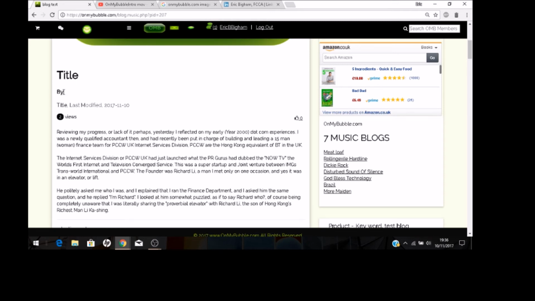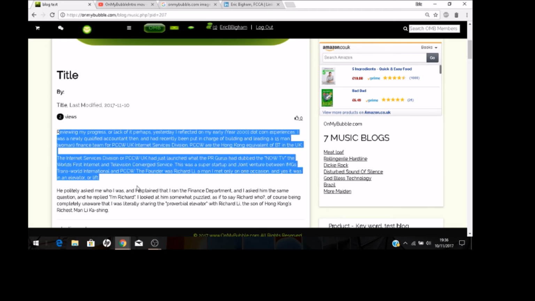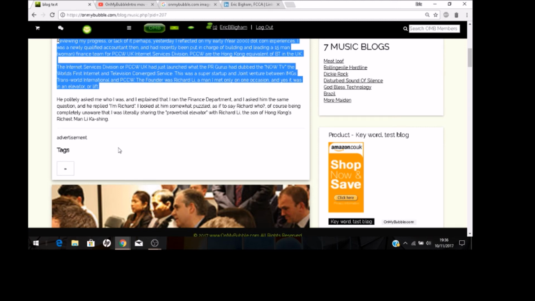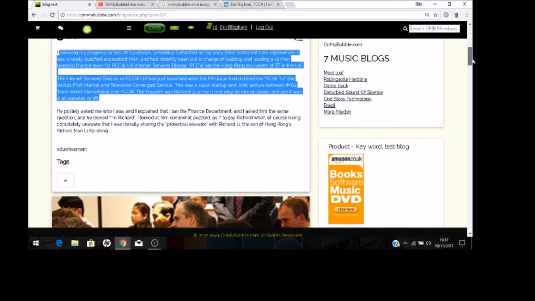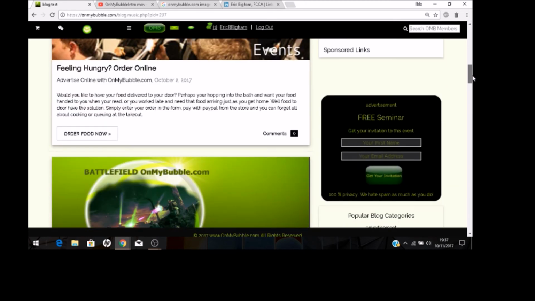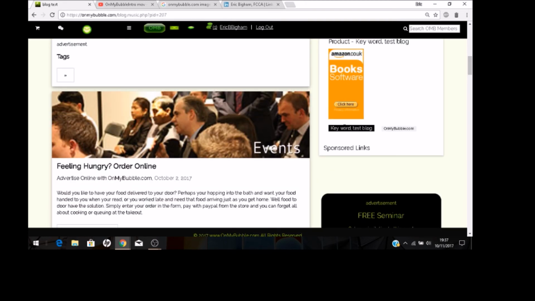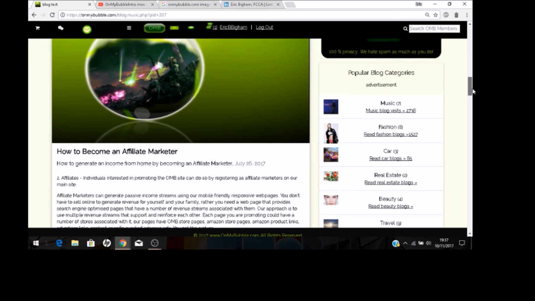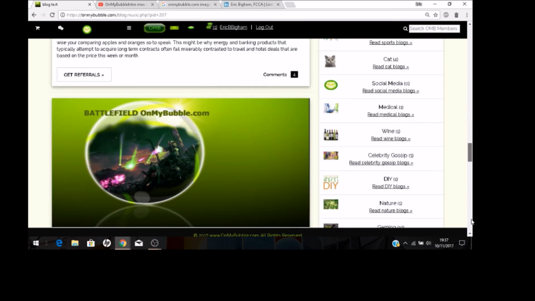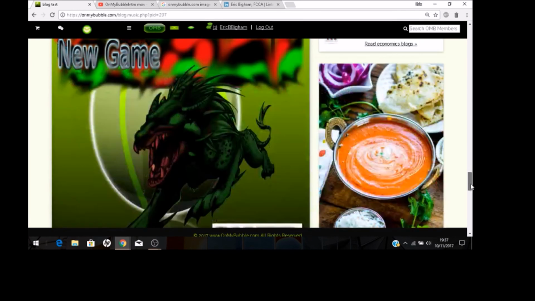It doesn't say who this article is by because I have to add that when I approve it, which I will do separately. There's the content that I copied from LinkedIn, from my own LinkedIn page. Again, I haven't added a button, which I will do, but the button link will be added later. And so here we put in some keyword blog text. They're the keywords that I wrote, and you'll see further down the page the footer information will appear